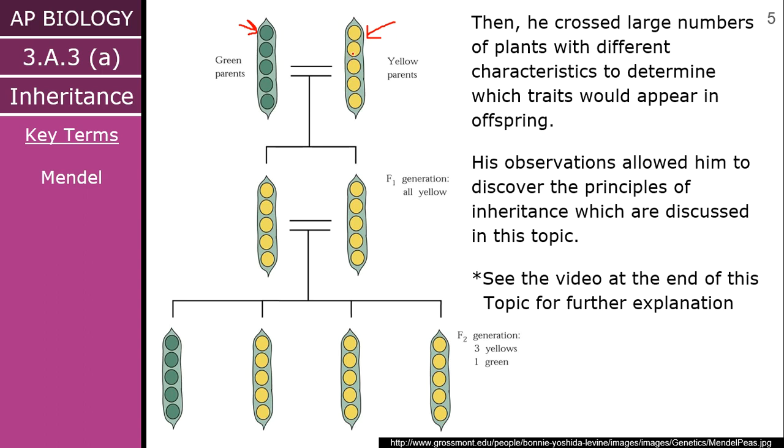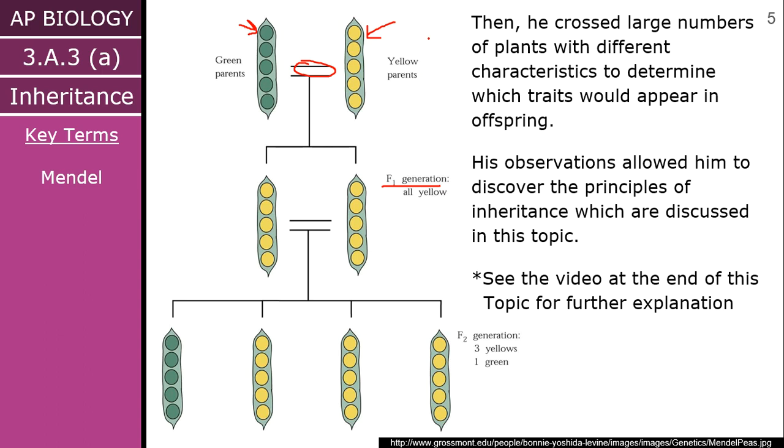Think about it like a dog. If you have a purebred golden retriever, it has only ever had golden retriever in it. There's no Doberman parents or anything like that. So what we have going on right here, this is a cross happening. He's basically taken the green parent and the yellow parent, and he's crossed them,